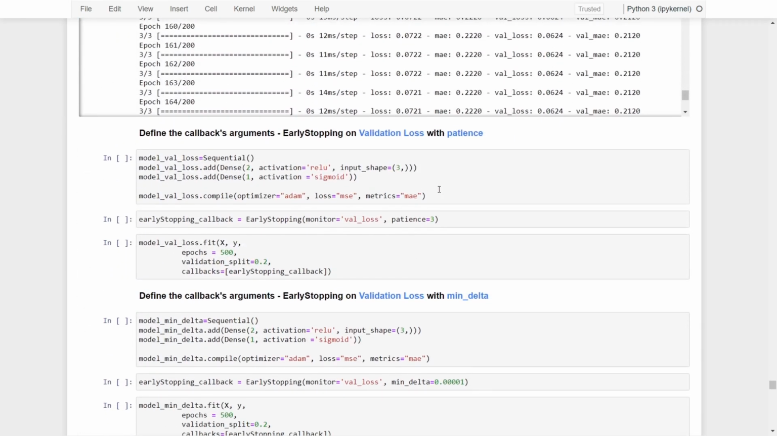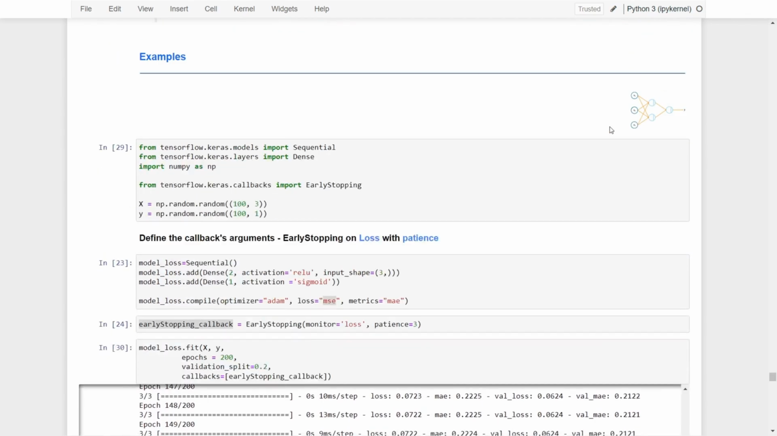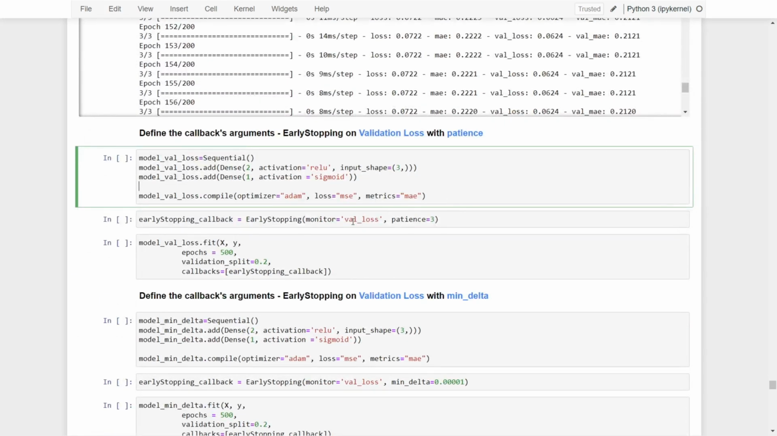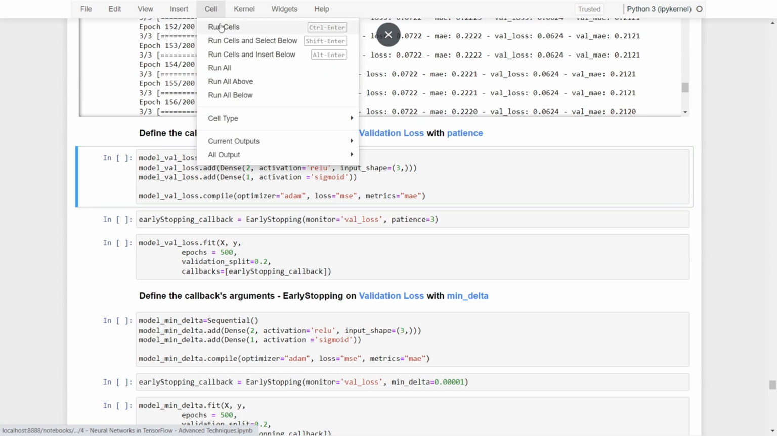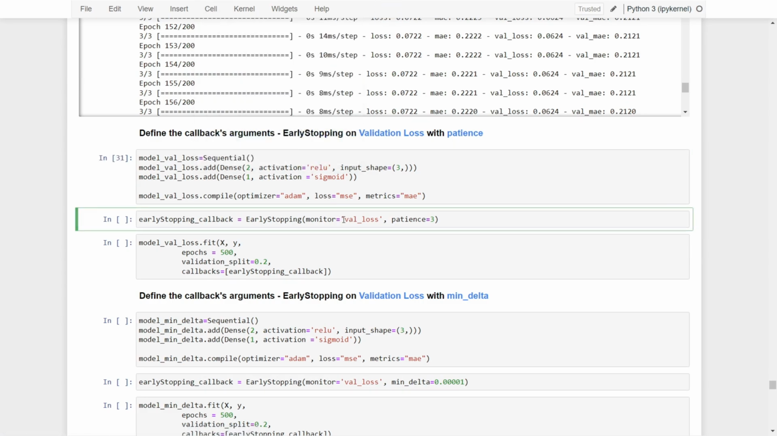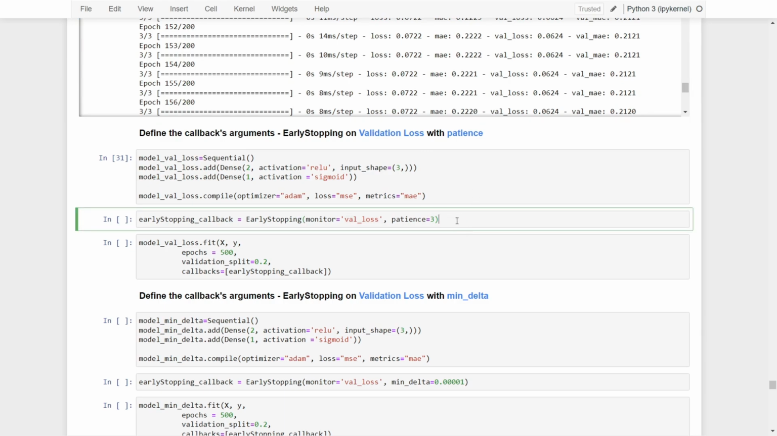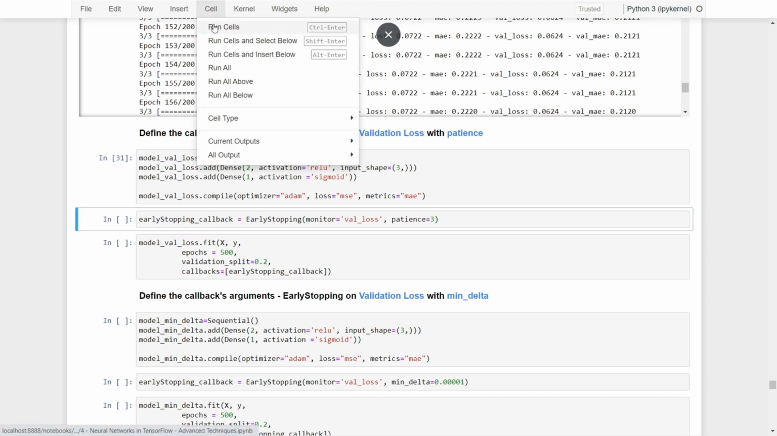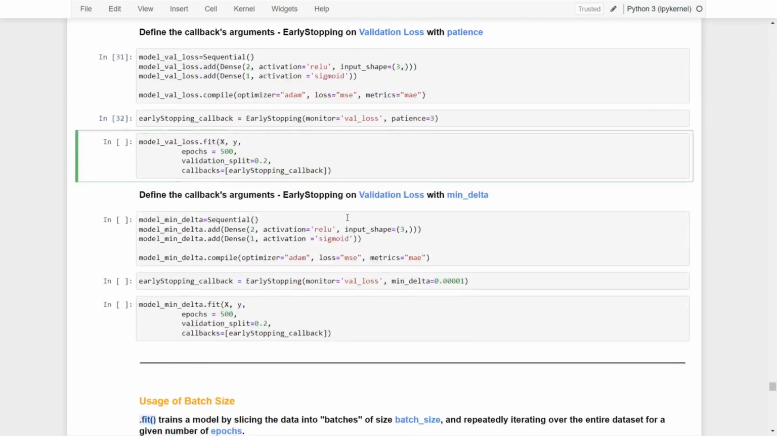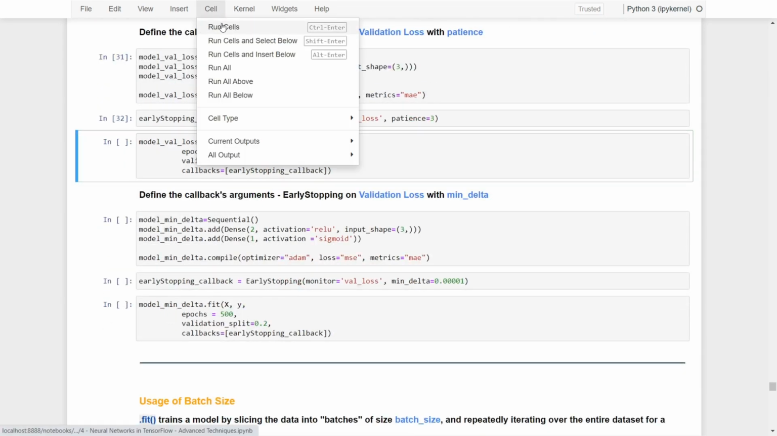In that case, again, we configure the same neural network as shown here. But for this time, let me run this cell first. But for this time, we are going to change this to monitor the validation loss instead of this loss, and then wait for 3 epochs until it terminates the training. Now again, if I run this cell,